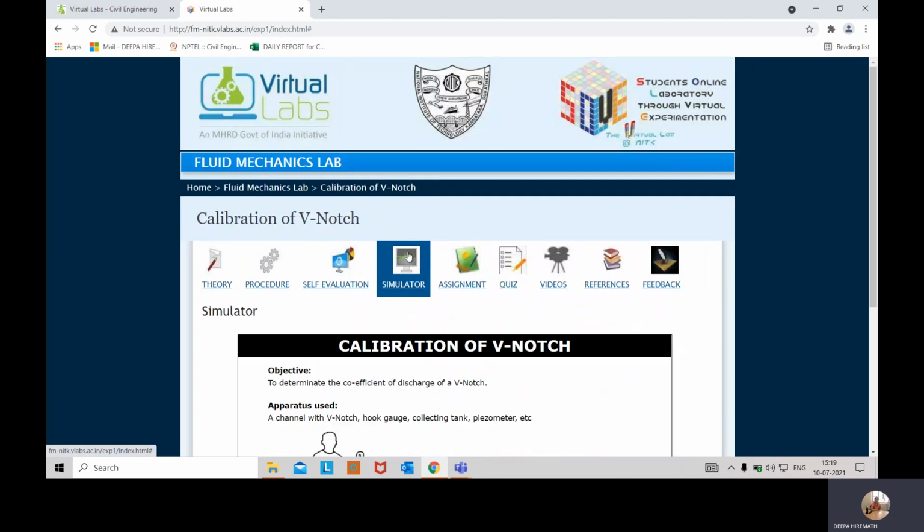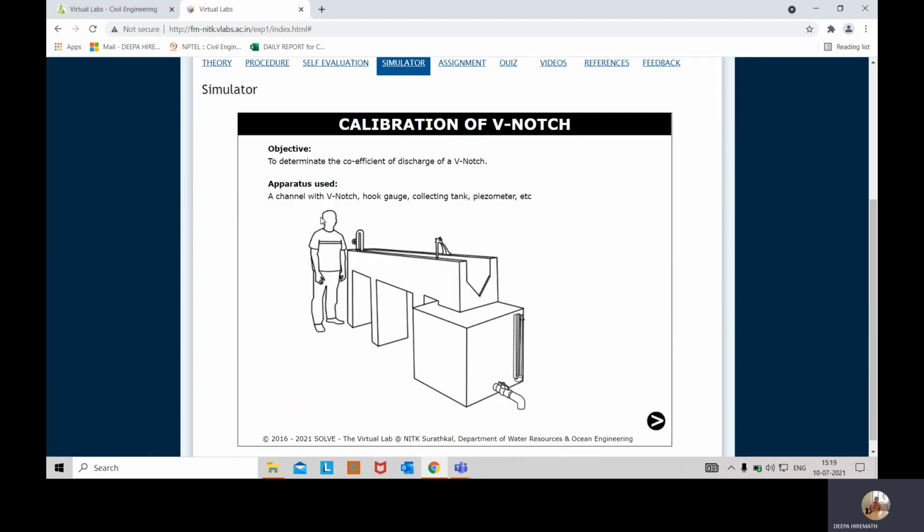So we'll see how to conduct the experiment. This is the channel setup of the V-notch, where we have a channel section fitted with the V-notch, and here is a valve we need to open in order to allow the water inside the channel section. And this is a collecting tank where there is a valve given here. We need to close the valve in order to